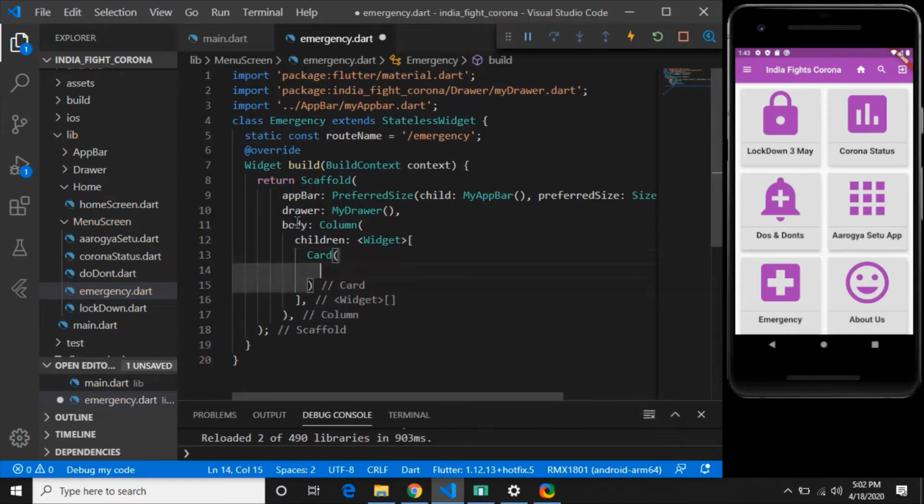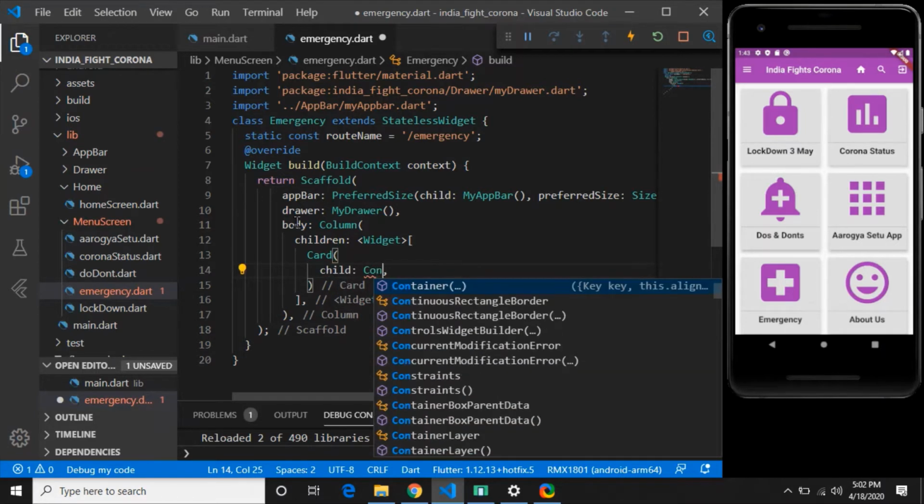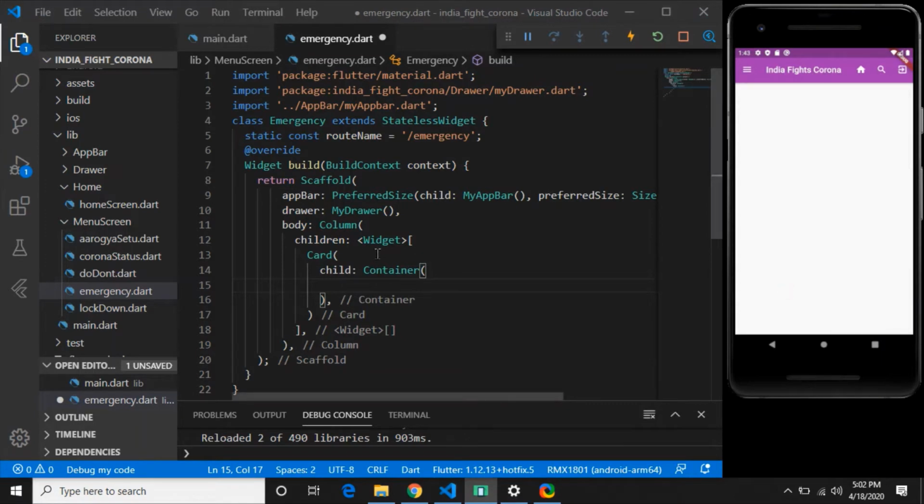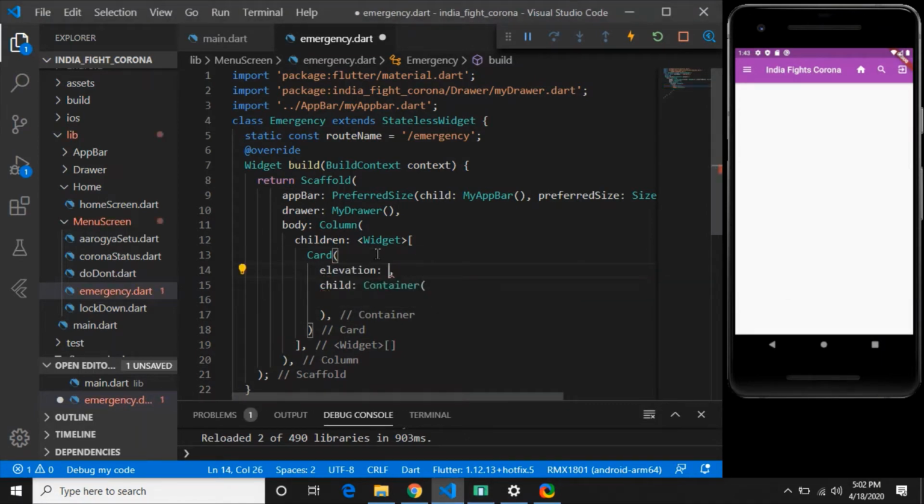Card can have direct child as a container, and container can have different widgets or designs. So if I go to emergency, you cannot see anything, so I will add elevation, and elevation can be, let's say, 10, and container can have a color or child as a text.